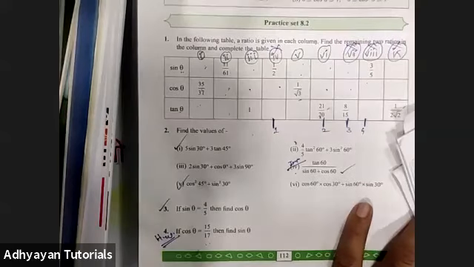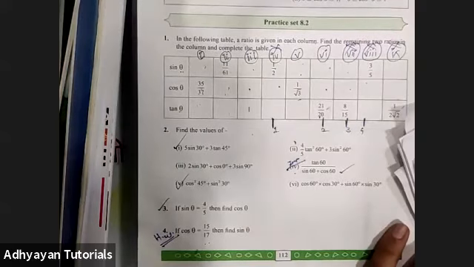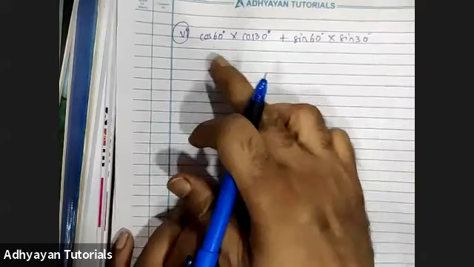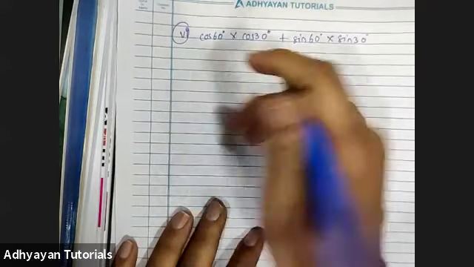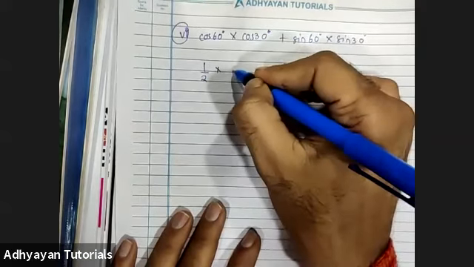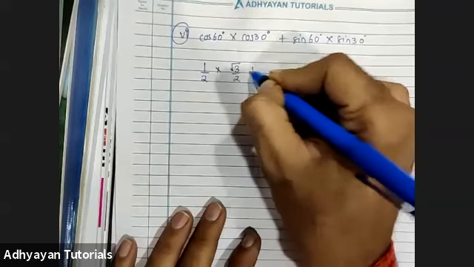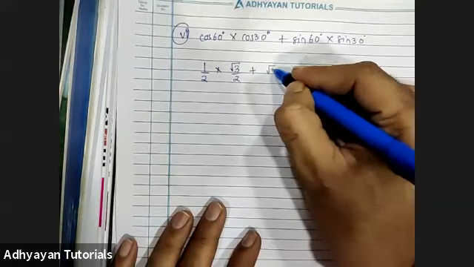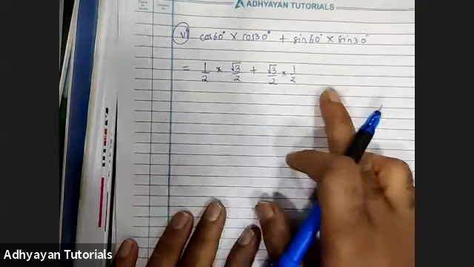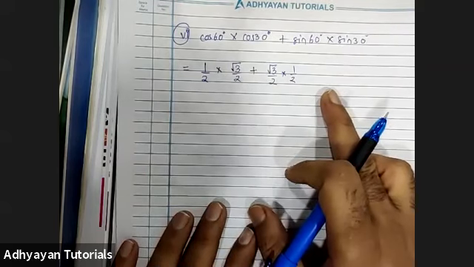The sixth sub question is done by Shruti. Wow, amazing Shruti. So I'll just jot down the sixth sub question here on the paper, then I'll show it to you all. Plus sine 60 degree into sine 30 degree. Yeah, I've jotted it down here, children. Here it is. So what is cos 60? It is nothing but half when you refer to the table. Cos 30 is root 3 upon 2 plus sine 60 is root 3 upon 2 and sine 30 is half. These are the values which I've taken from the table.